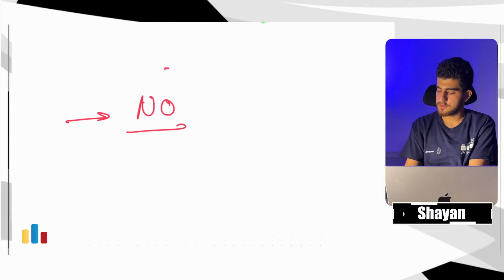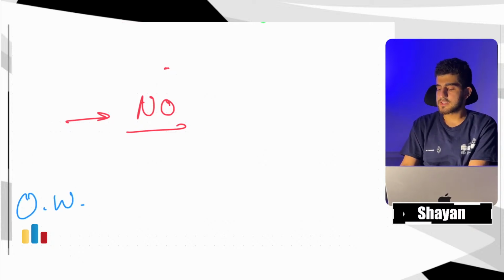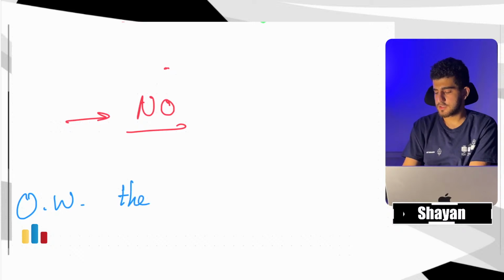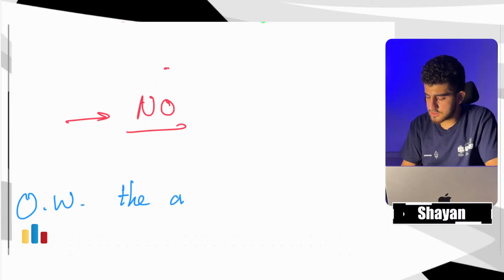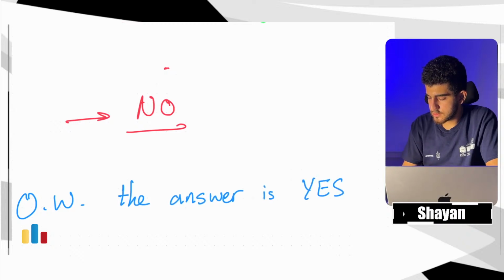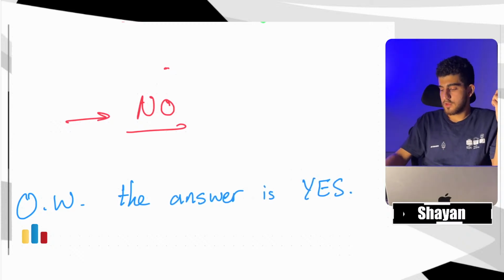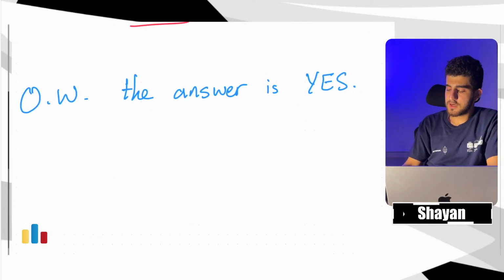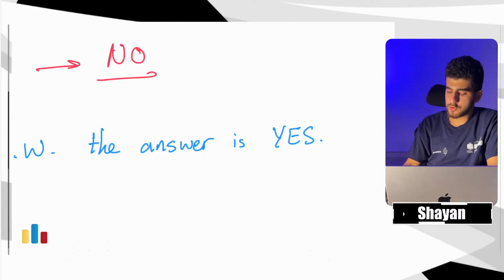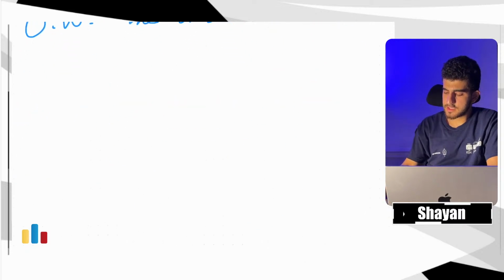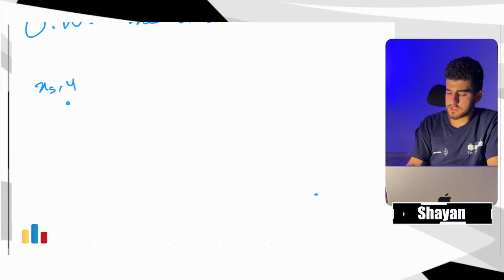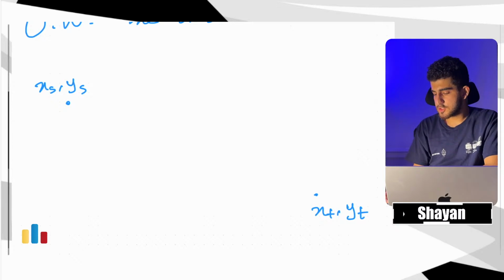Otherwise, I say that otherwise, the answer is yes. Otherwise, the answer is yes. Why? I say that otherwise the answer is yes, because if you consider the shortest path from x sub s and y sub s to x sub t and y sub t, if you consider this shortest path,